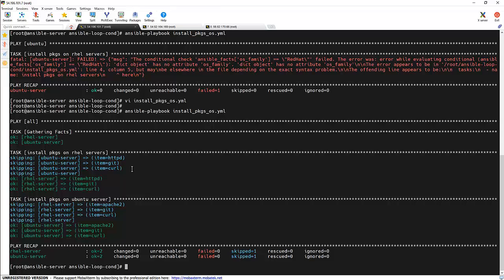So this is a very powerful way to make our playbook more efficient and use it across a different environment. Now let's talk about the until statement in Ansible. This is useful when you need to retry a task until a certain condition is met. It is often used when you are waiting for a service to be up or for a command to return